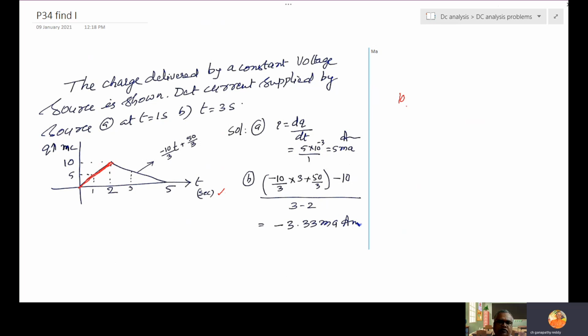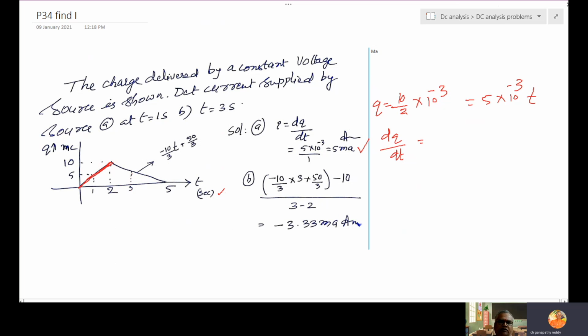That is 10 by 2 into 10 power minus 3, that is 5 into 10 power minus 3 t. This is Q. So when I take dq by dt, what I get is 5 into 10 power minus 3. Right? So 5 milliamps. Next